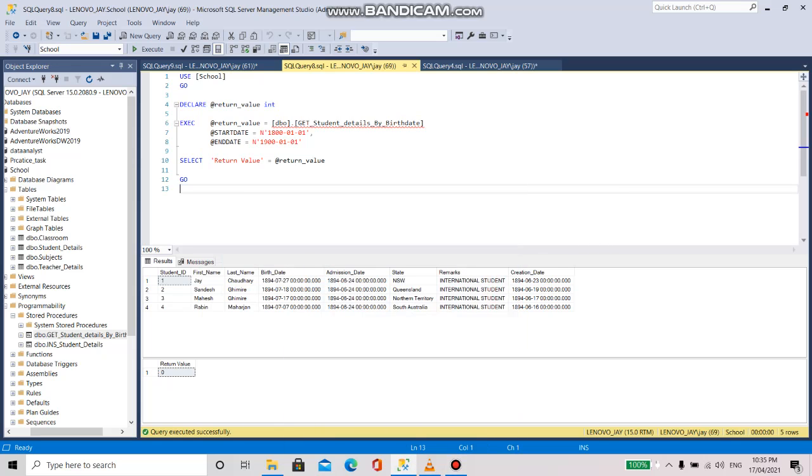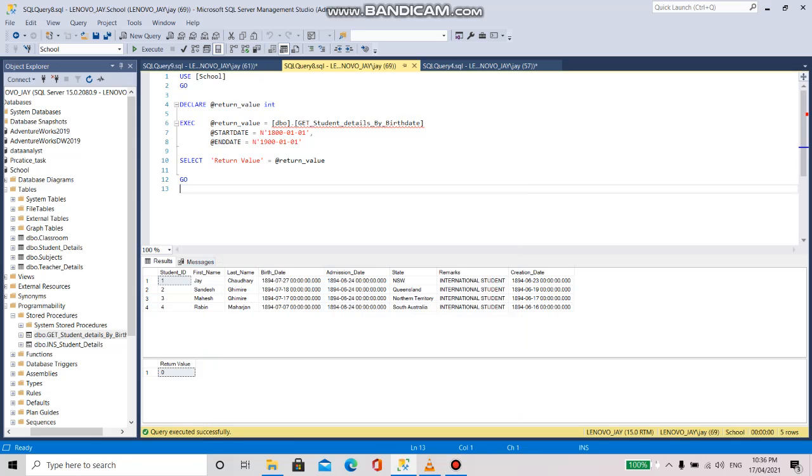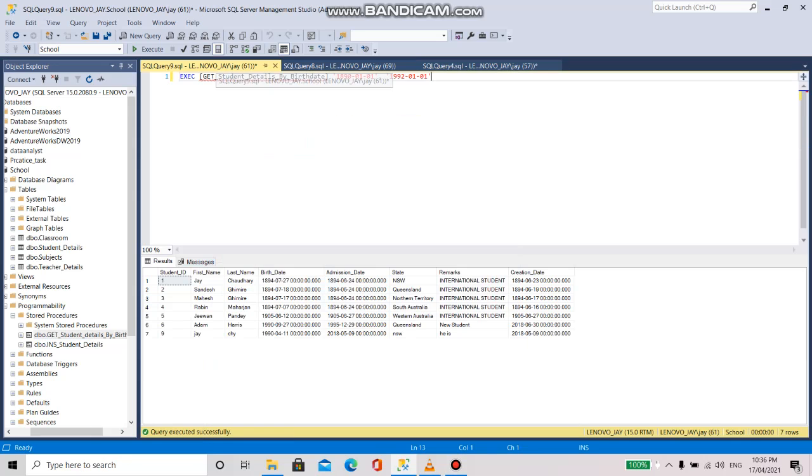So one way of executing the procedure is in this way, such as right clicking the procedure and then executing the stored procedure. In another way, we can just type simply a one line statement such as exec and the stored procedure name that I have created here, and then input our required inputs, such as the birth date from 1890 to